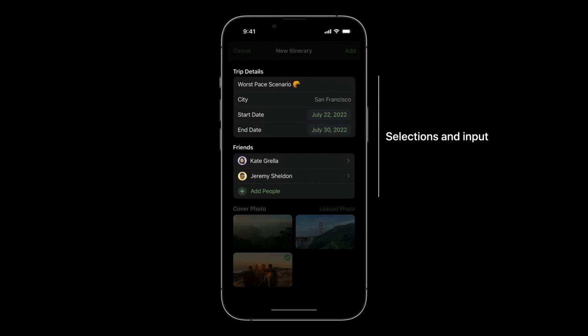Someone can make selections or input data such as a title, a city, a range of dates, and even invite friends. This is suitable for a modal because the UI is intended to be edited and completed before dismissing the view or navigating around the rest of the app. Since it's all user input, the rest of the app isn't needed as a reference to complete the fields.